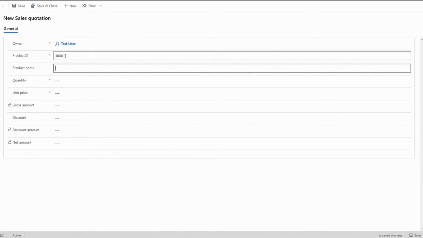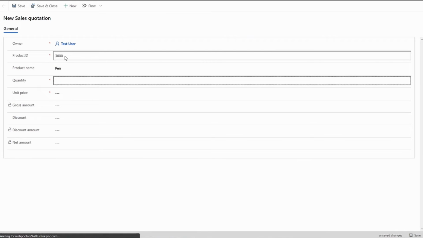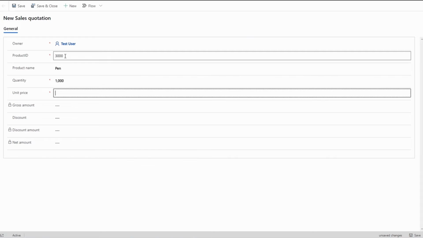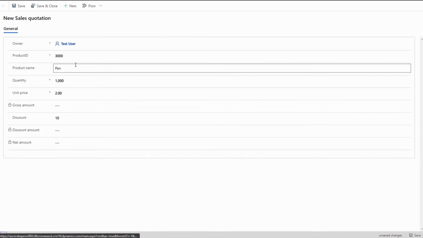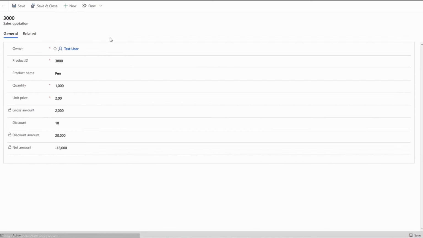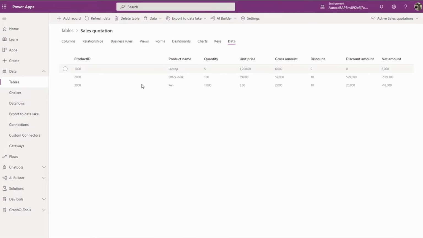Product ID 3000. Let's say we want to sell some pens and quantity is 1000, unit price is $2 per pen, and we want to give a discount of 10%. We will save and close, and we will refresh the data. So the new quotation line got added for selling 1000 pens. And if we see the gross amount of 2000 got computed automatically because there was a formula, which was quantity